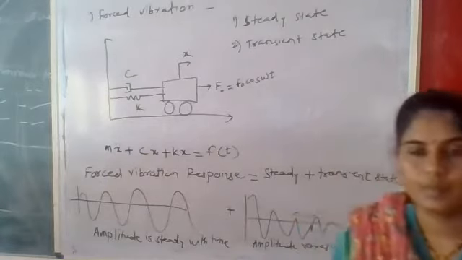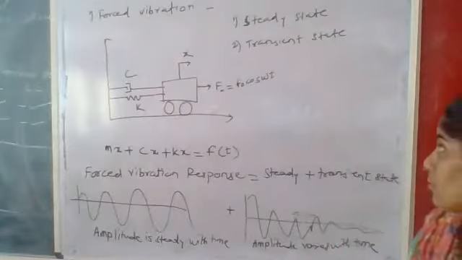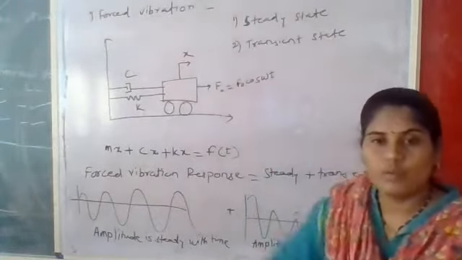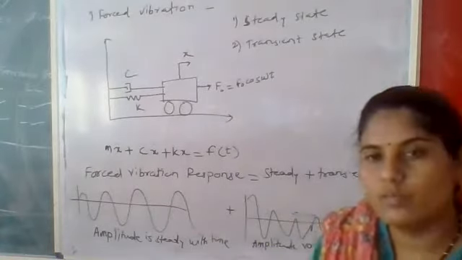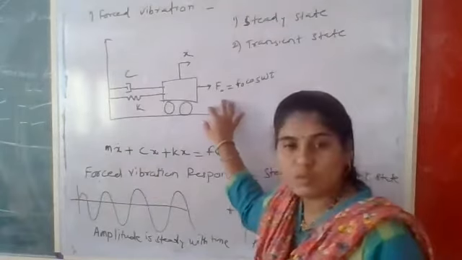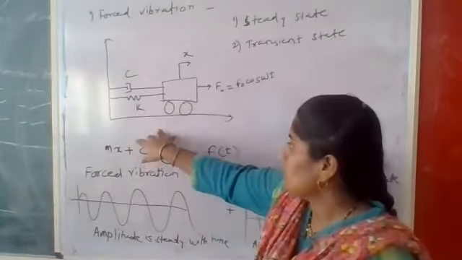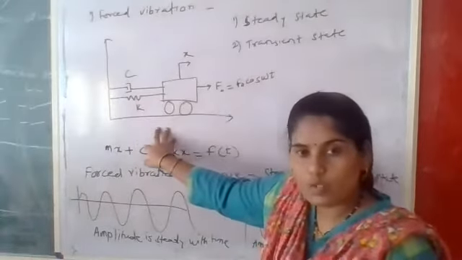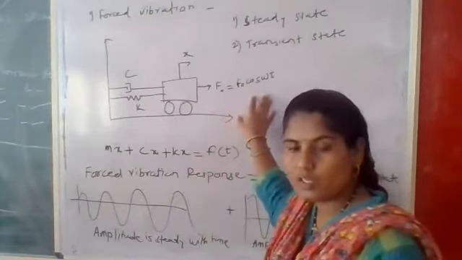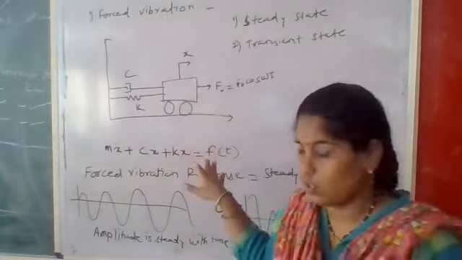Okay. Once again, if you want, I will tell you what forced vibration is. You can see here, this is Unit 3, forced vibration. What is meant by forced vibration? That F of t is over here. Then such a system is known as forced vibration. It is as simple as this: if there is a mass spring damper system, and an external force is applied, that is F naught cos omega t, then that system is known as a forced vibration.